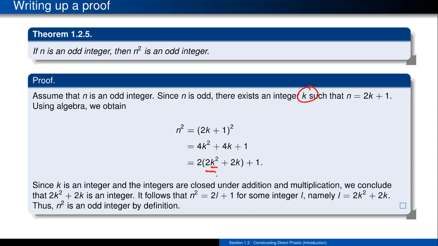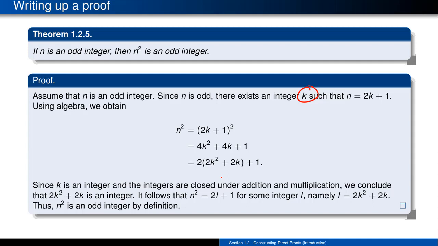Multiplying by 2 is going to keep it as an integer. Over here, this multiplication by 2 is going to keep an integer. So I know that this entire expression is still going to be an element of these integers, and everything is good. So that's what's happening in this case. I'm going to say, since k is some integer, and I know these integers are closed underneath addition and multiplication, we actually can conclude that 2k squared plus 2k is an